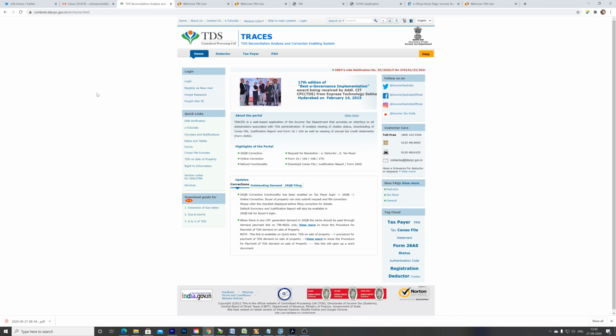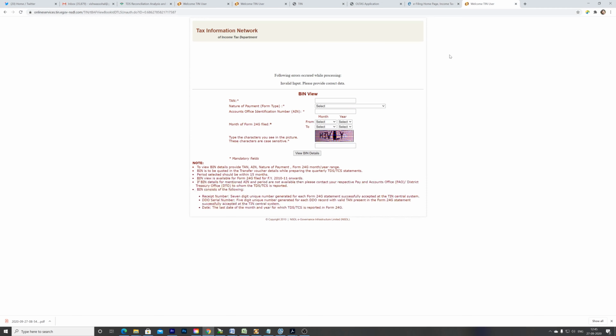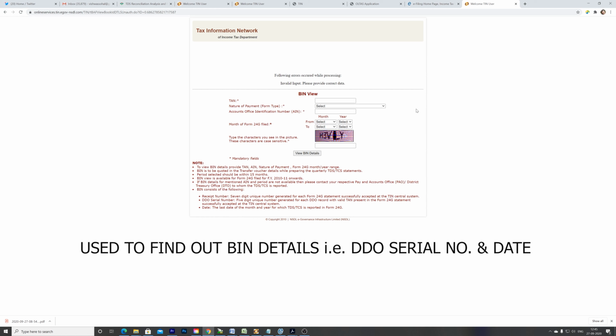Then first of all I will show you the application which you need to download for e-filing. This is also a page which helps you find your TAN number using the AIN. Now what is AIN?